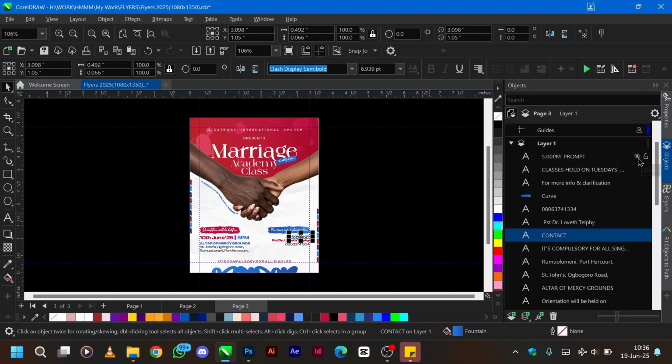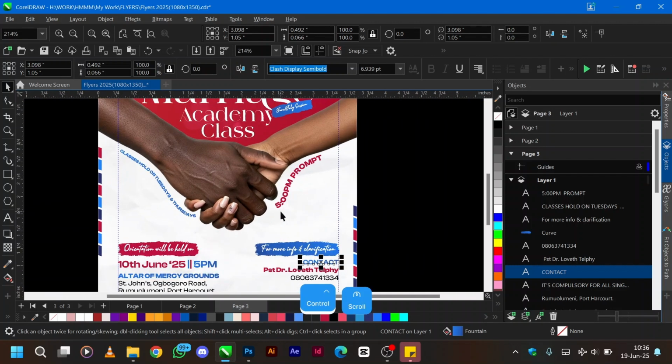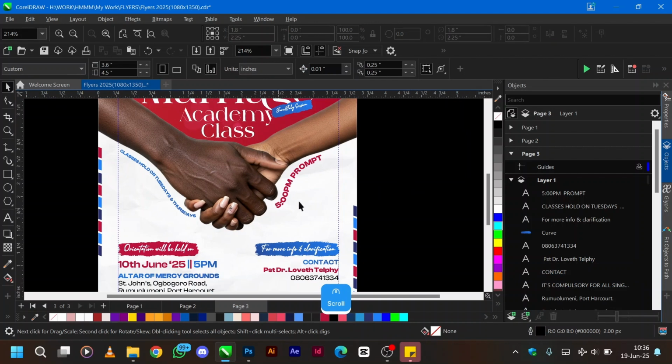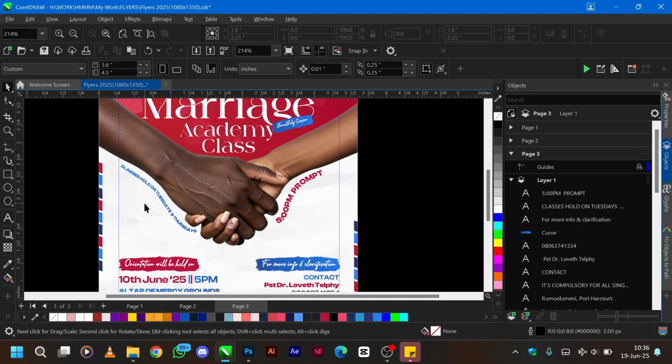Now, this is the thing we've been looking for. I'm literally coming to the end, so I'm going to explain how I did this. When I got this kind of illustration, I was like, how am I going to put the class and the time on it? Writing it normally on these spaces would be okay, but I said no, it won't really look interesting. I said the best option is to write it on the path of